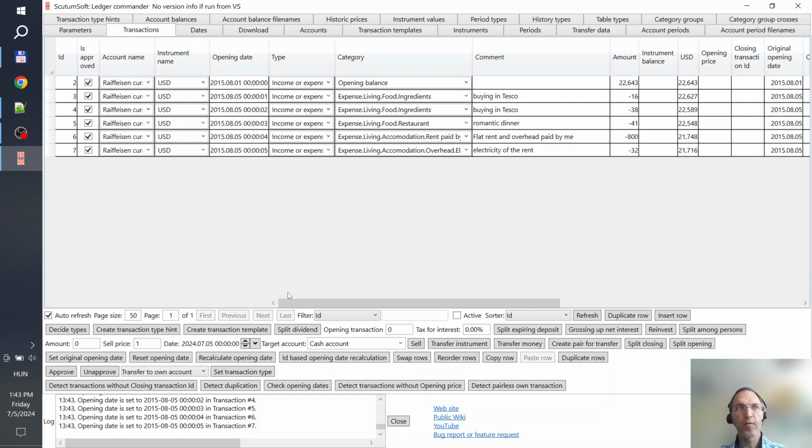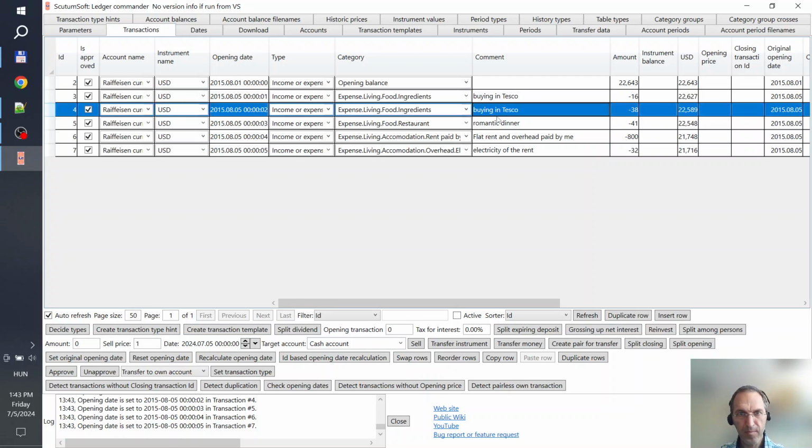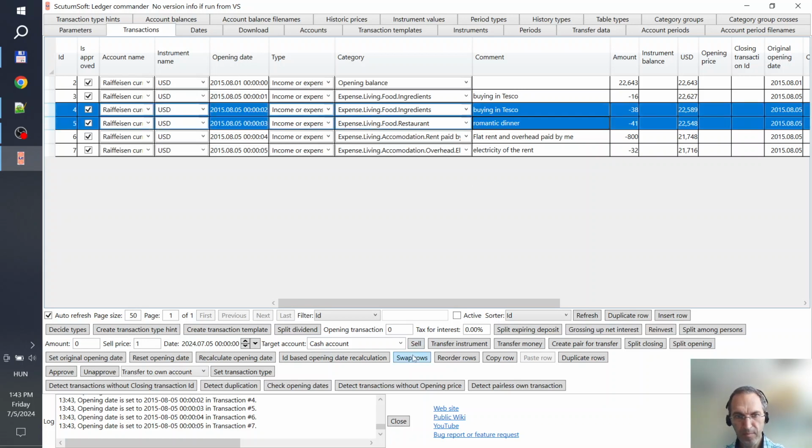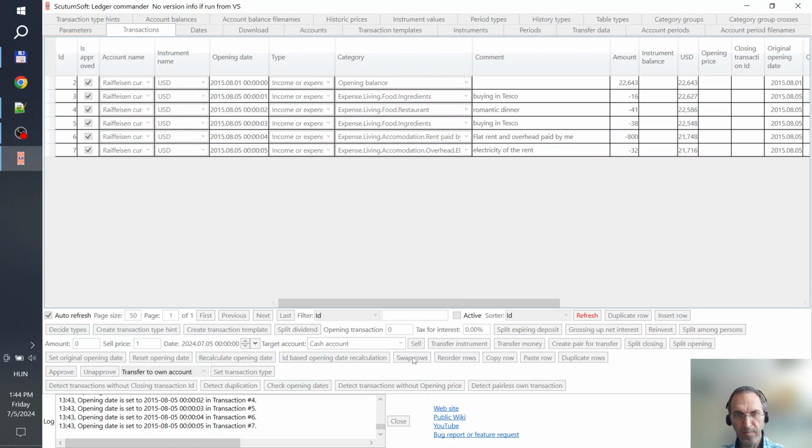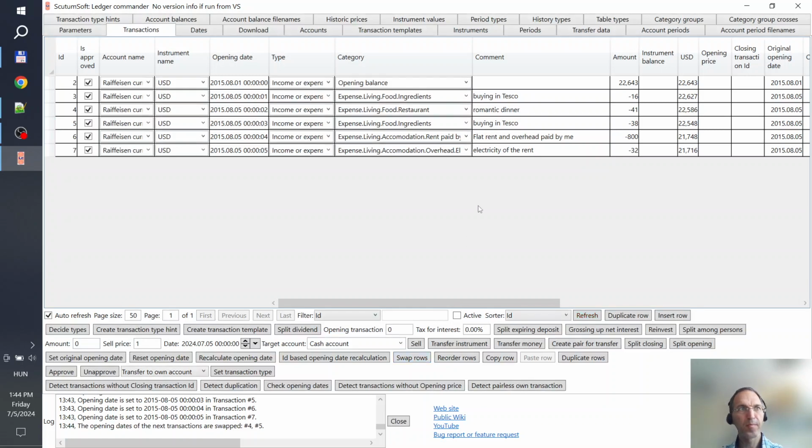Select transaction 4 and 5 and press the Swap Rows button. Another method to change the row order is the Reorder Rows button. Select transactions 7, 6 and 5 in this order and press this button.